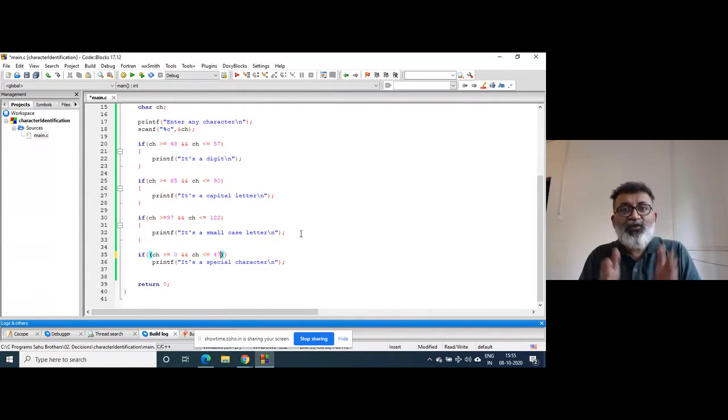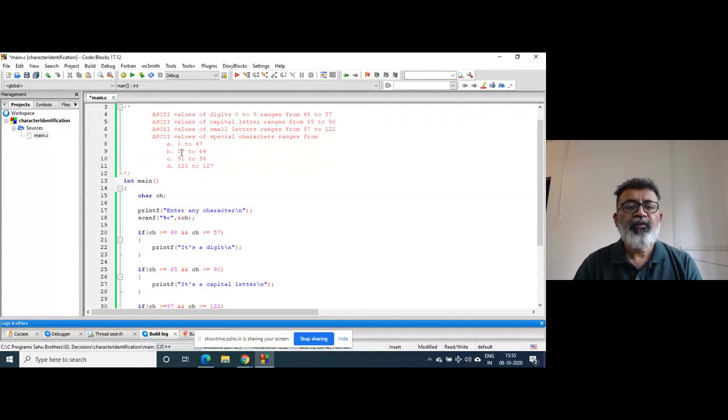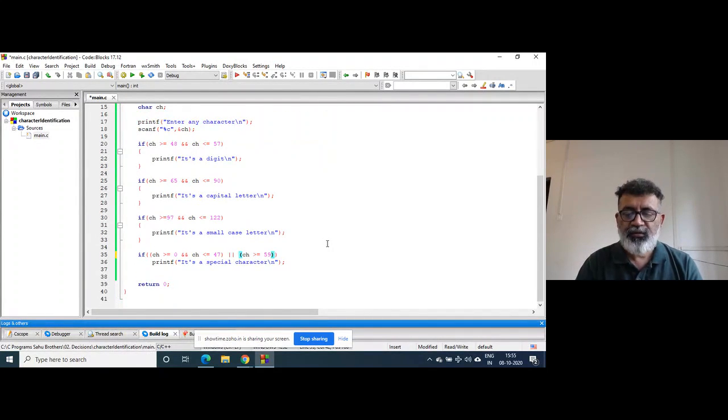But this is one set of special characters. You have to write OR, again inside brackets, CH is greater than or equal to 58, double ampersand, CH is less than or equal to 64.